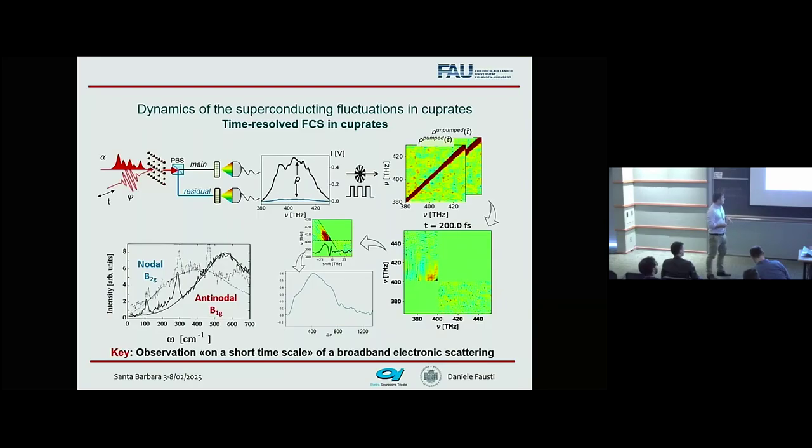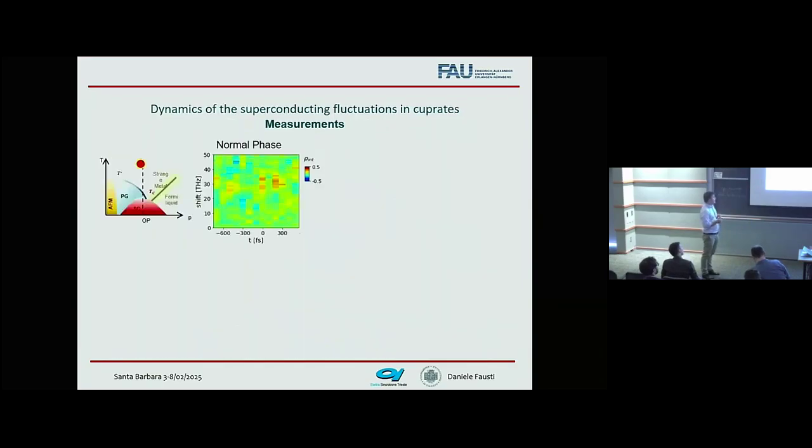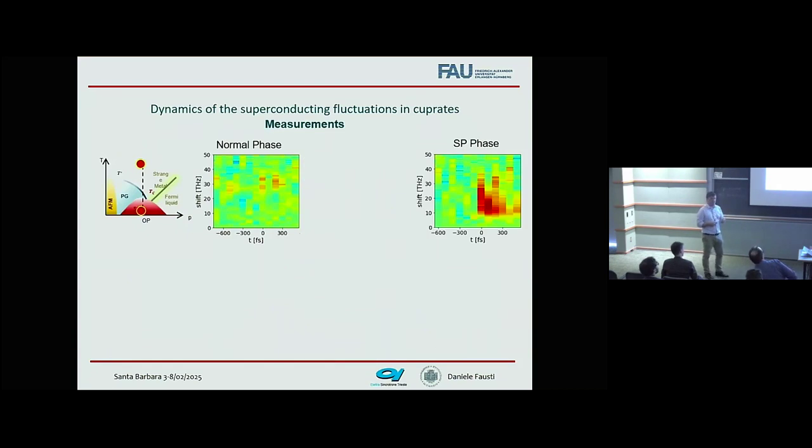How do we convince ourselves that we do have evidence of this broadband electronic Raman scattering? Well, first of all, we studied the dynamics, and the dynamics of this scattering is consistent with the dynamics I know from many other observables of the superconducting state. But more than anything, I try to look at this electronic Raman scattering in the normal phase, and I have no electronic Raman scattering. I look at the electronic Raman scattering in the superconducting phase, and I see features which are similar to the equilibrium Raman in the system.